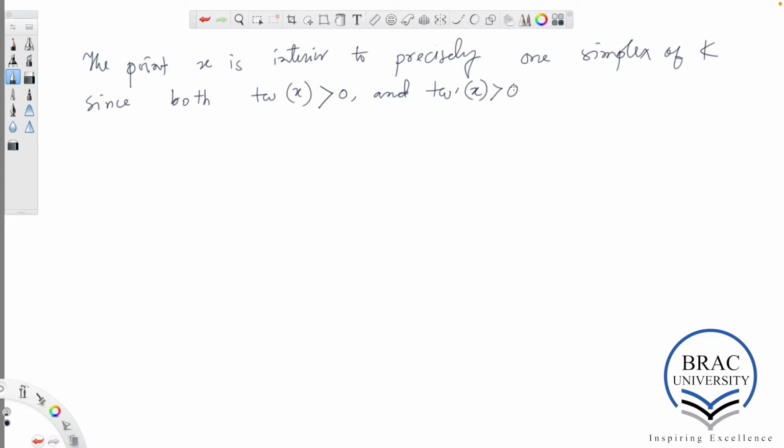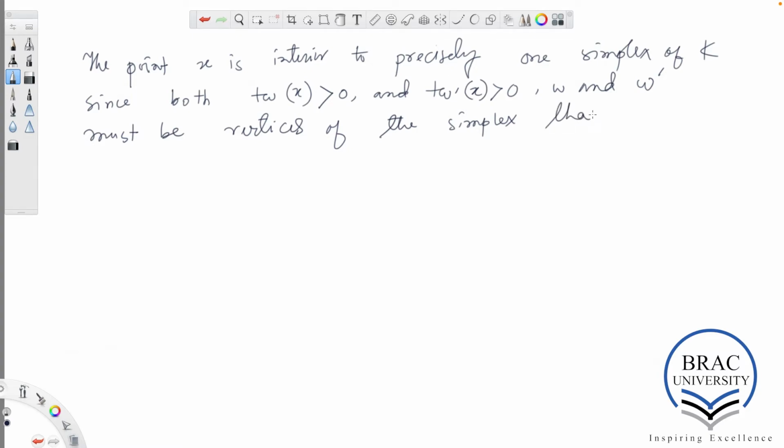Okay, and since they are both positive, w and w prime must be vertices of the same simplex. That's the point, of the same simplex